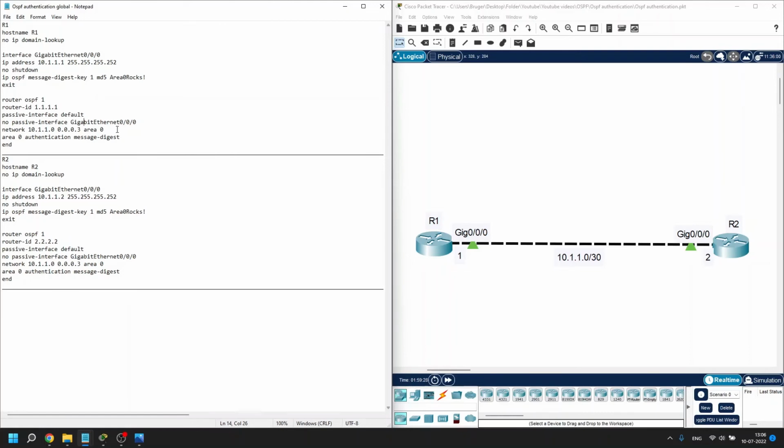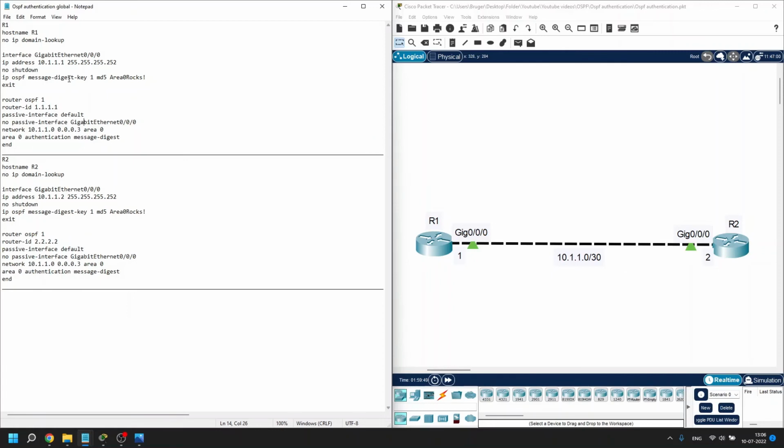There is a newer alternative, but I haven't used that. In authentication, you can use SHA HMAC-256, but that's on newer equipment. I have not really experimented with that in Packet Tracer, but I will highly recommend you to use it instead of